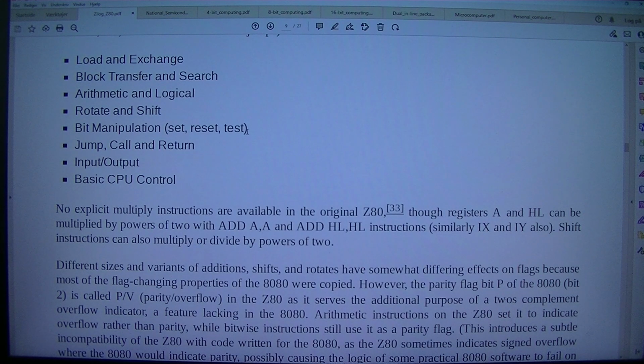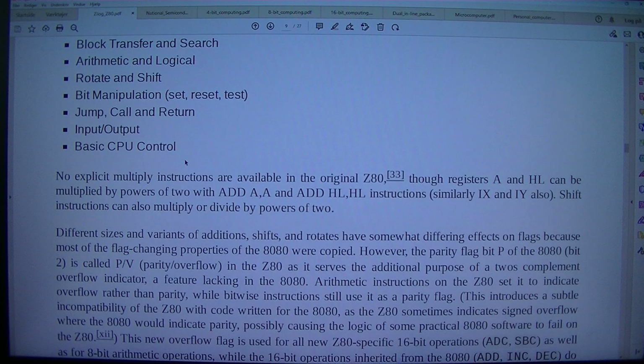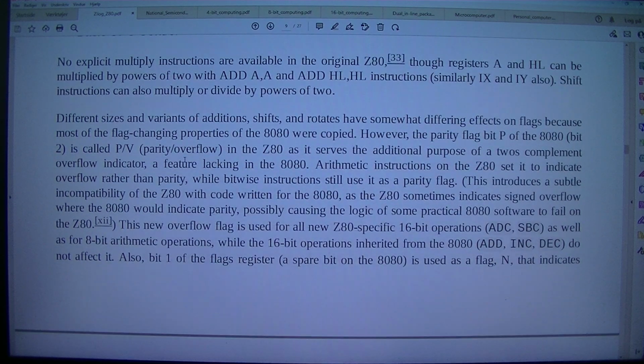Reset, test, jump, call and return. Input/output. Basic CPU control. No explicit multiply instructions are available in the original Z80.[33]